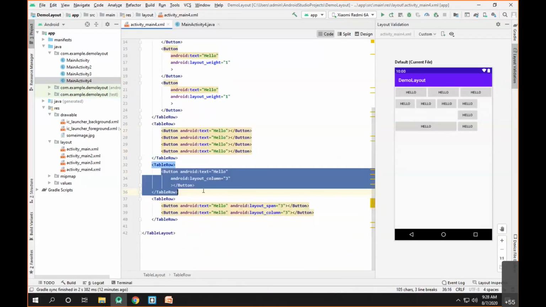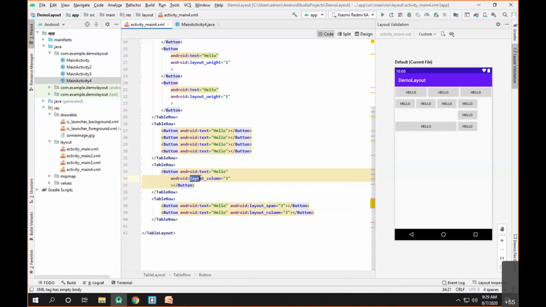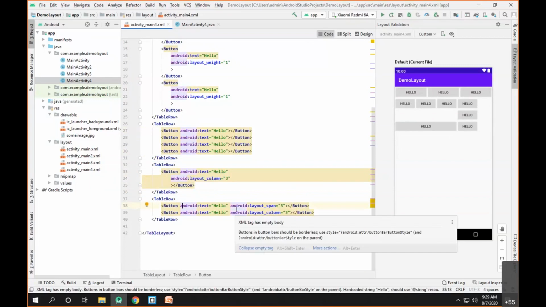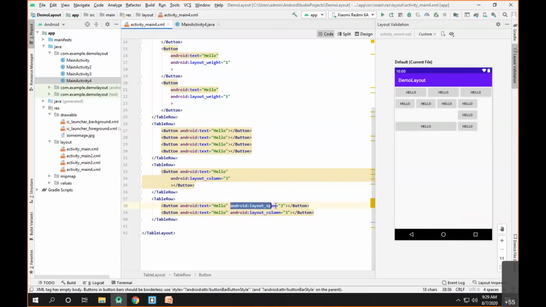For a third row, I can say there is only 1 button available, so only 1 column inside that, but I can modify the position of the column based upon the number here, which starts from 0 for a table layout. Then if you want to span a single view across multiple columns, you can do it by using a property called layout span. So this is the table layout and how you can design any kind of layout by using it. If you have any doubts regarding the table layouts, please ask.